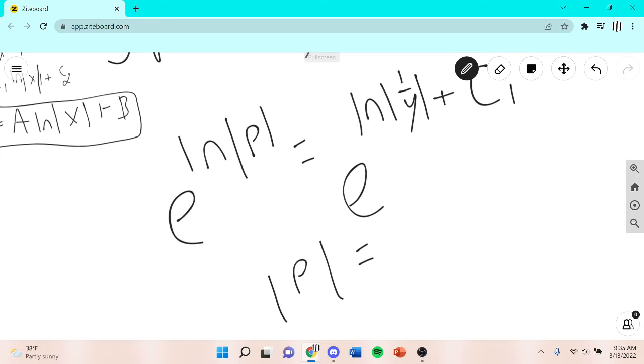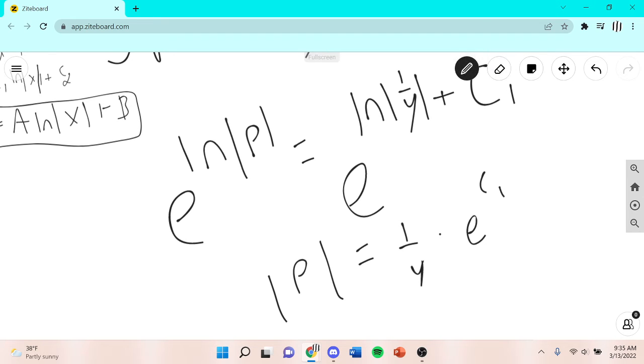And this is equal to 1 over y times e to the c1. So 1 over y times e to the c1, which we know is just equal to,